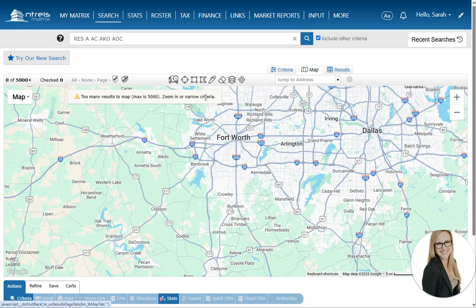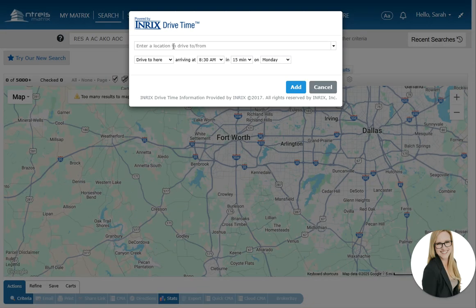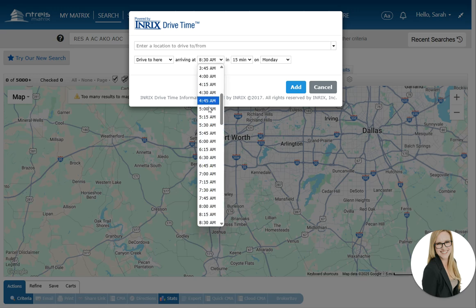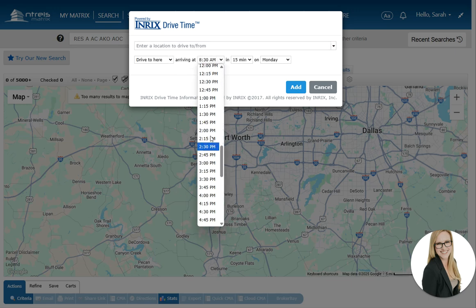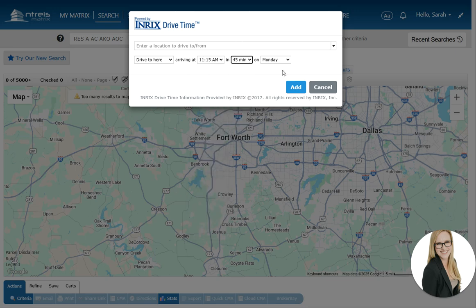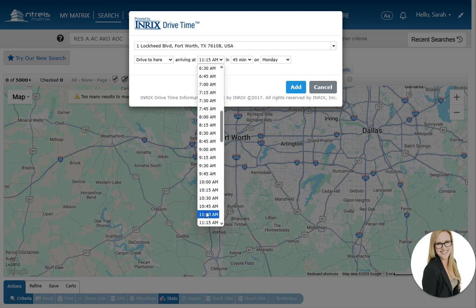Another really cool feature under maps is that you can select the drive time. So one of my routine questions is asking where their new work location is, especially if somebody's moving from an area like LA that has heavy commutes. That's a priority to a lot of those people. So I will ask them, where's your new office, put it in, and then go ahead and select for them a drive commute, so that way they are not driving too far, because it's not as easy as just a radius circle. It's really going to depend on traffic patterns, how long of that commute is going to look like